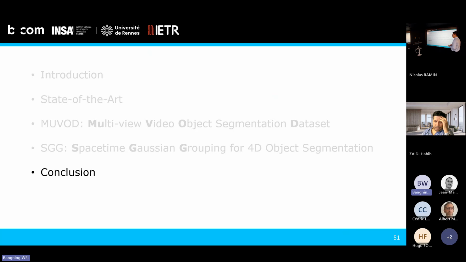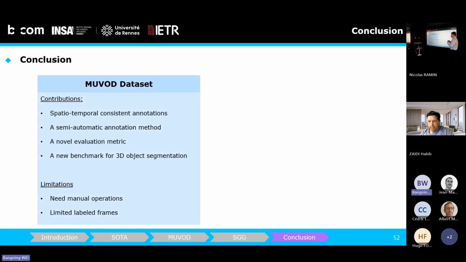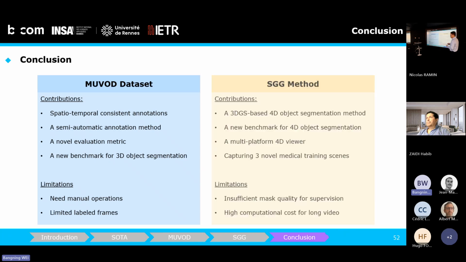So to conclude this thesis, we have 2 main contributions. The first one is to propose the real-world dataset, which has the spatial temporal consistency annotations. There are some limitations, such as we still need some minor operations of the annotation, and they are limited labeled fields. The second main contribution is to propose the space-time